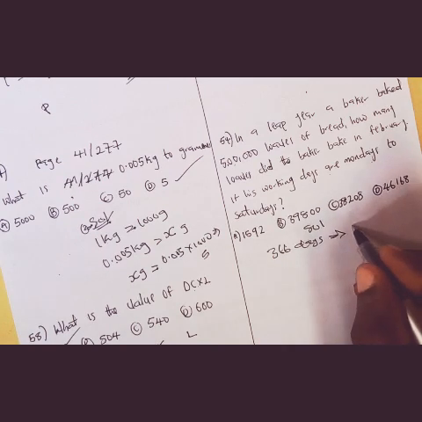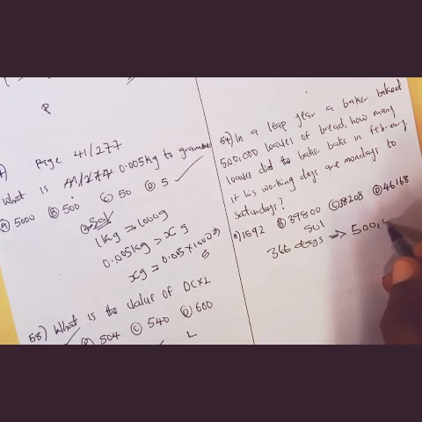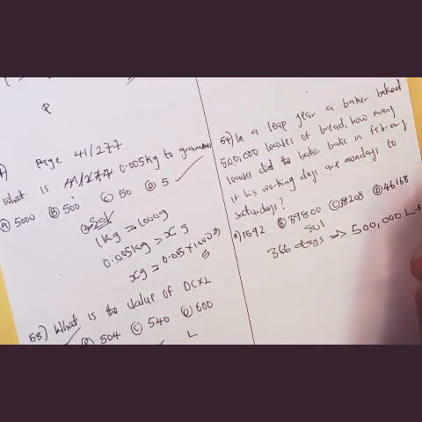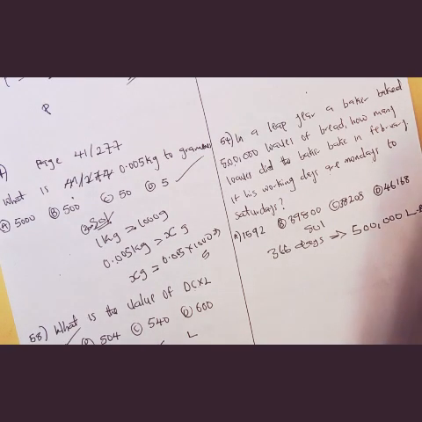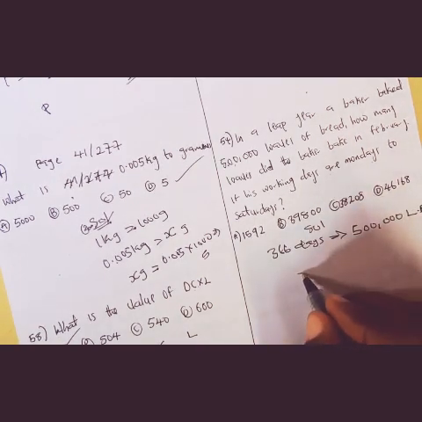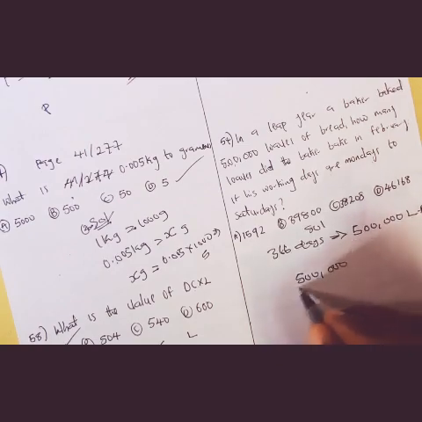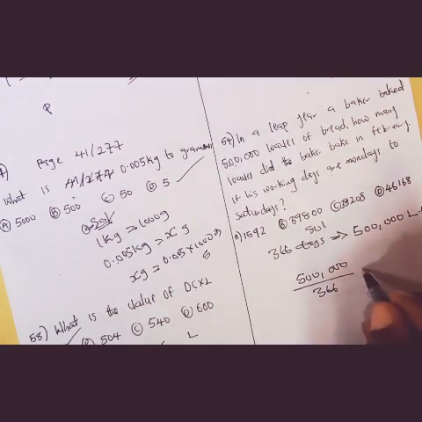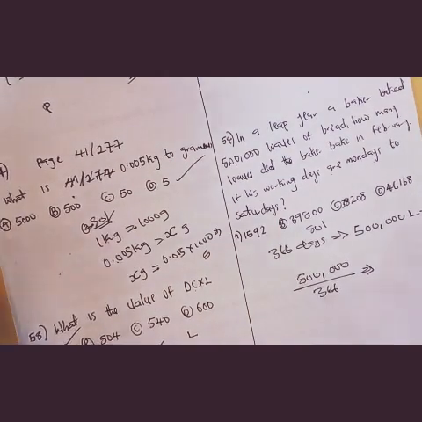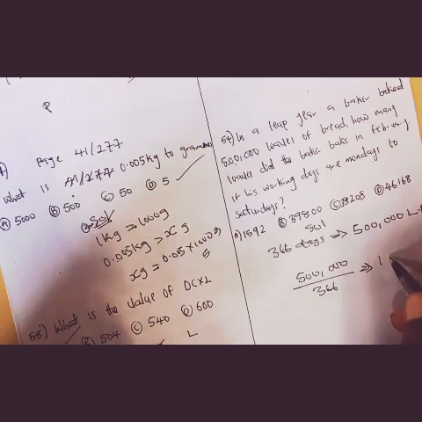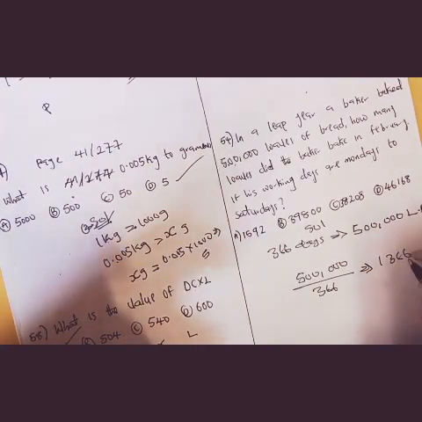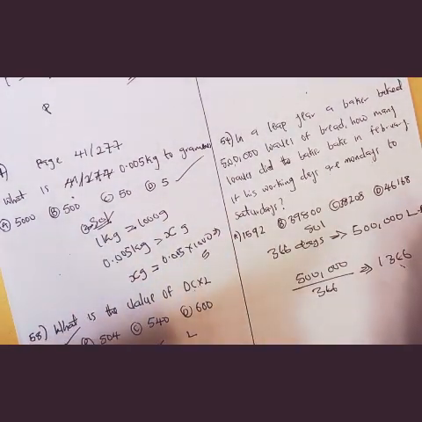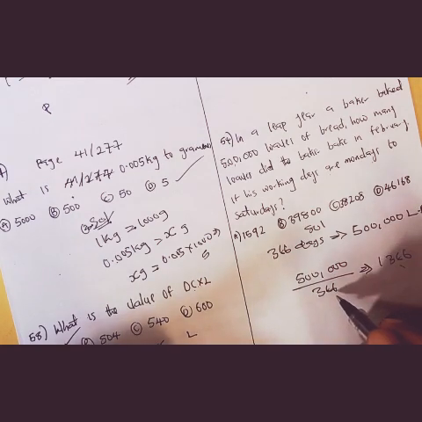So in these 366 days, the baker baked 500,000 loaves of bread. Then the question says, how many loaves did he bake in February? So let's see how many loaves of bread he baked in a day first. So I'm going to have 500,000 divided by 366. So 500,000 divided by 366, I have 1,366 bread is what he baked in a day. So every day for 366 days he baked